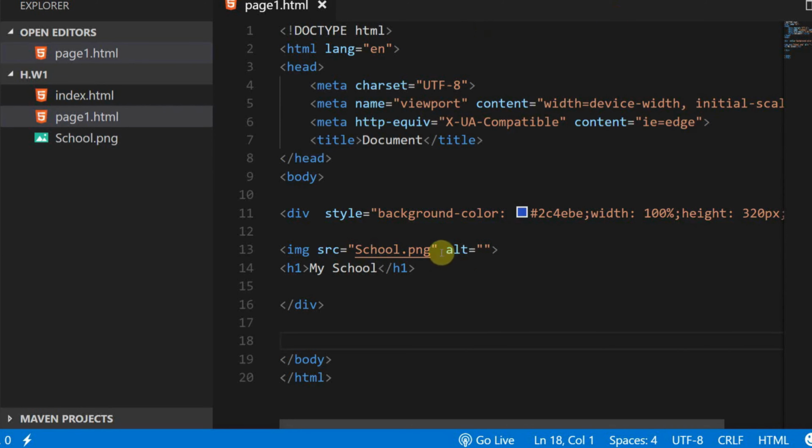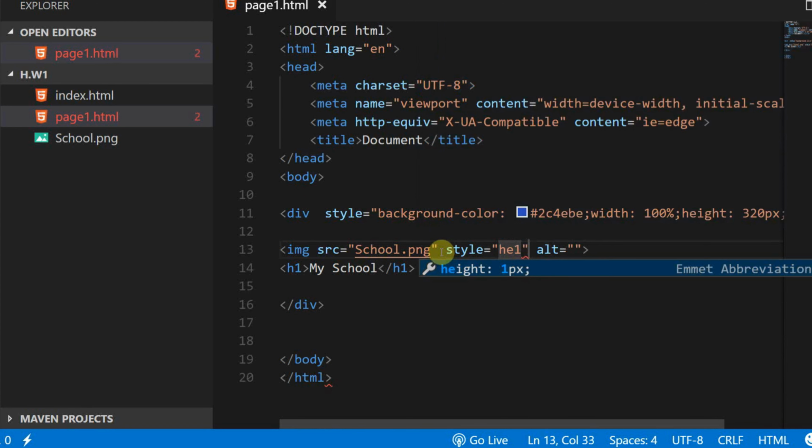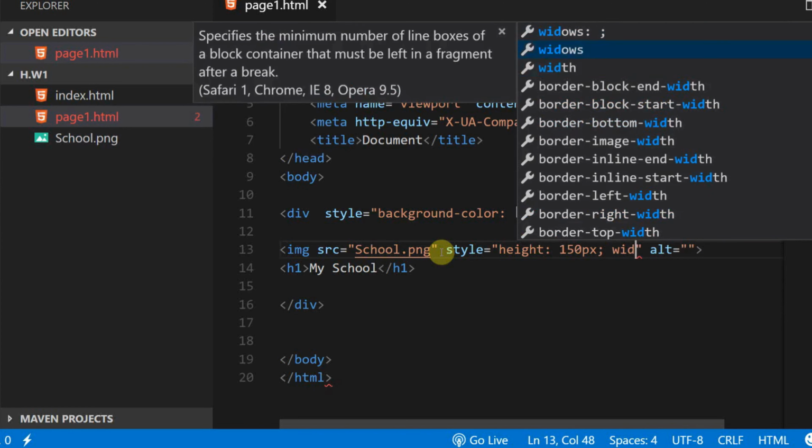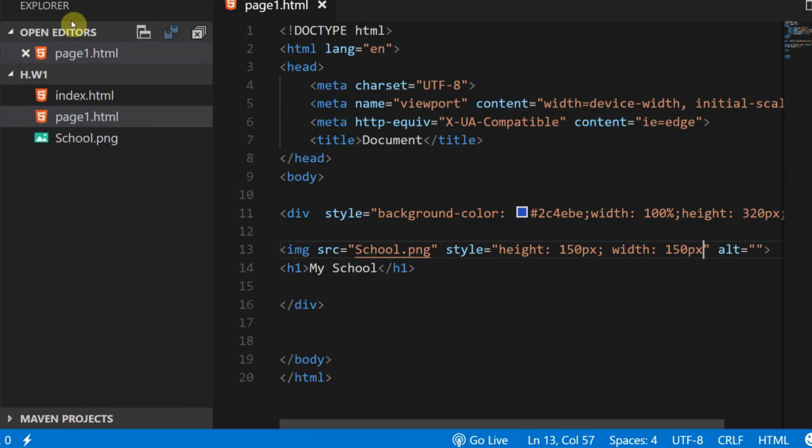Now decrease the picture, style, for example, height, make it 150 pixel, sorry, height, and also the width, a square like this. Okay, now bring the picture inside here in the middle, in the center of the div,